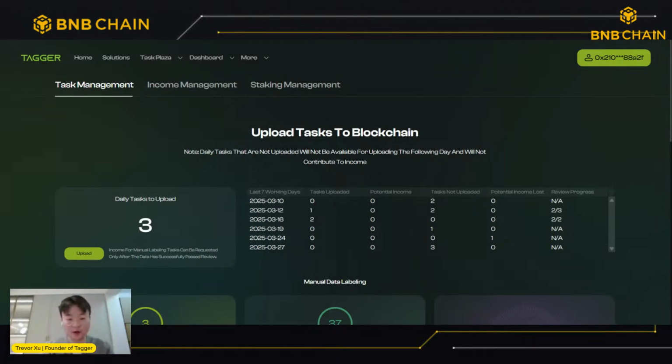Because I've been on testnet quite often, testing things, I've been working on these different days. You can see that here's an upload button. Once you press it, you can upload the task to the blockchain for rewards. If you don't do that, you won't be eligible for rewards. So please do upload, because it uploads to a decentralized server for storage.